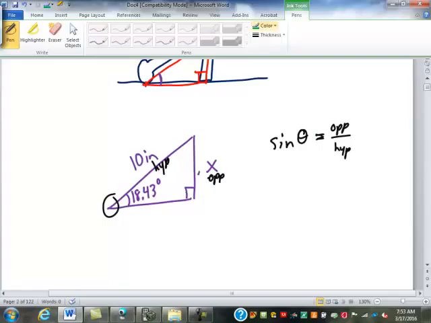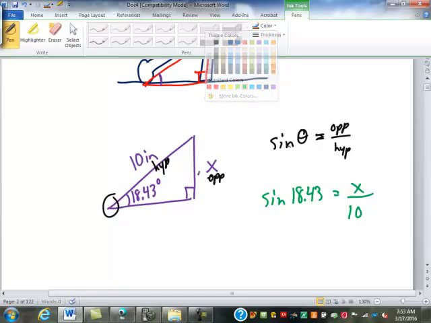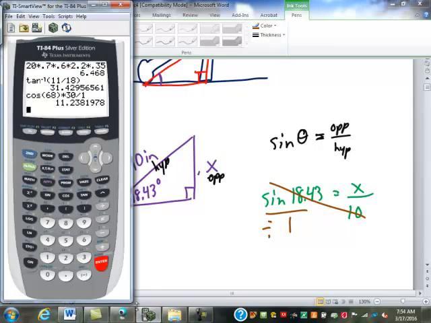So anyway, we're going to do the sine here. Let's plug in what we know. So this will be sine of 18.43 equals, the opposite is x over my hypotenuse of 10. So I'll put this over 1. I cross multiply and divide. We're dividing by 1, so I don't even have to do it. So this is sine of 18.43 times 10. We get 3.1615